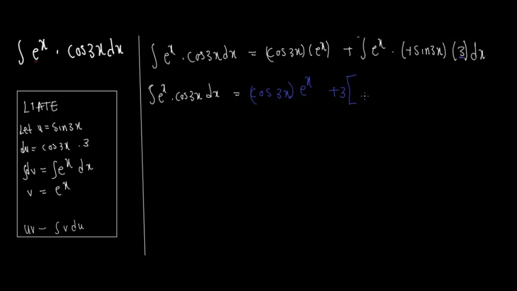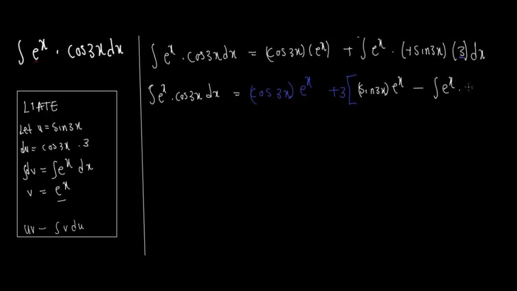So u will become sine 3x and v will be e to the x, minus the integral of v du, and our v will be e to the x,